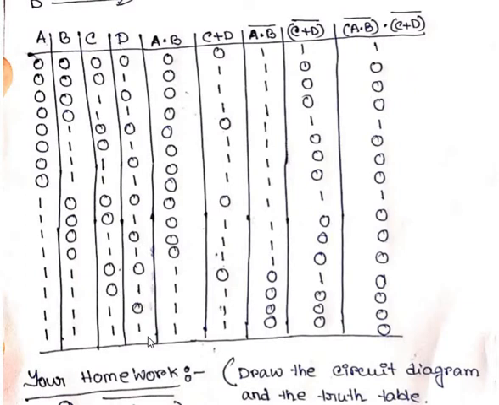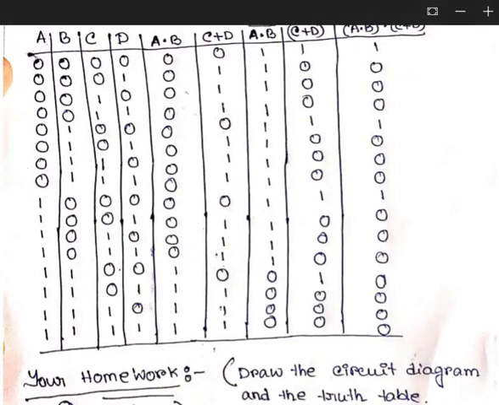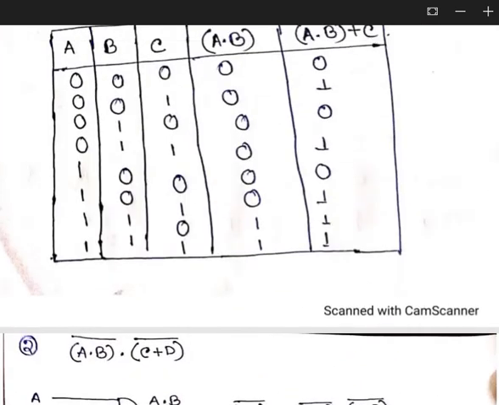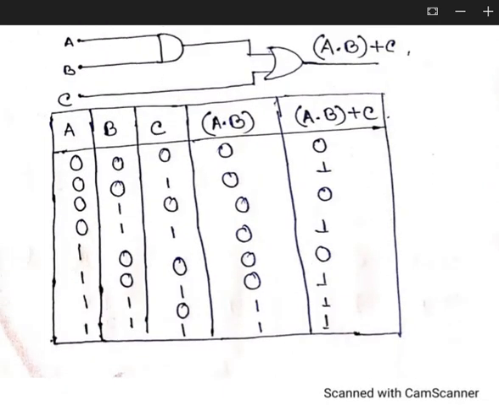Now, if it is 5 input, that means 2 to the power 5, that means 32 combinations. That means I will write 16 zeros, 16 ones, again 8 zeros, 8 ones. Like that way I will continue writing. I will discuss these things again in the upcoming videos. Not to worry if you haven't understood. Let's just focus on if it is 3 input, then it will be 4 zeros, 4 ones, 2 zeros, 2 ones, 2 zeros, 2 ones, then 0, 1, 0, 1, 0, 1, 0, 1.